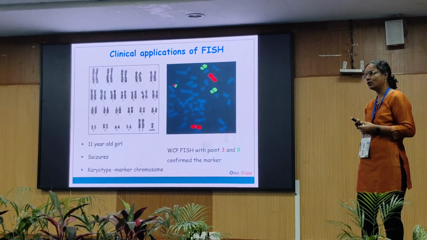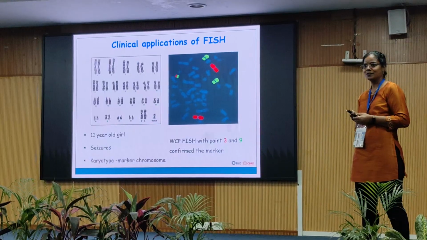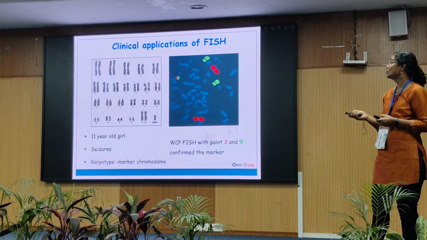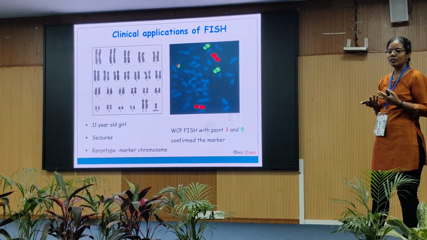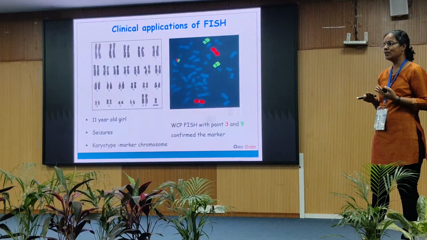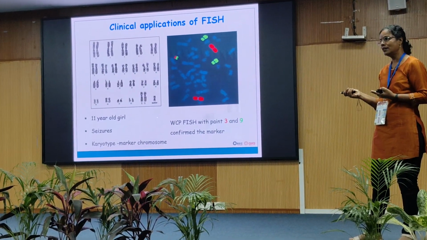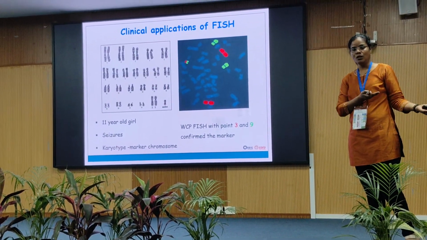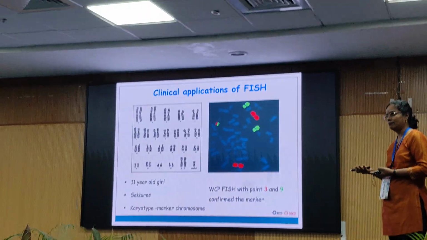Can anyone tell what we could have done? Right. Okay. I didn't highlight this because I'm talking about it. Very good. So microarray, what is the test? We are going to know the copy number variation. So this is additional material. Microarray told that some part of chromosome 3 and chromosome 9 is missing.